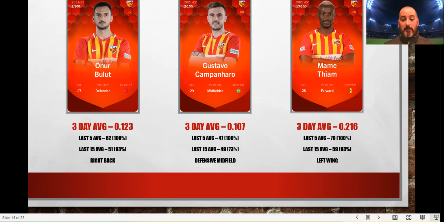So that's a player that is on form. 94% starts, 93% of minutes. So when he's on the park, he's in and around the goals, especially recently. So his price was quite high. He does have some older cards which were from Fenerbahce. However,